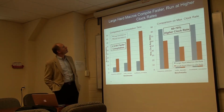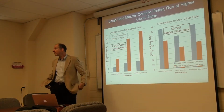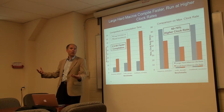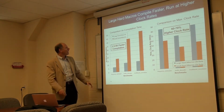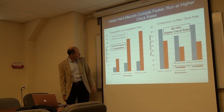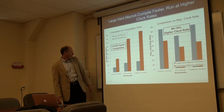And what we found is that, not too surprising, but the large hard macros compile faster, because essentially you are preserving more of that past computational effort, right? You spend a lot of time and effort getting that macro to run at the clock rate that you wanted and fit in the area that you specified. So if we look at this,